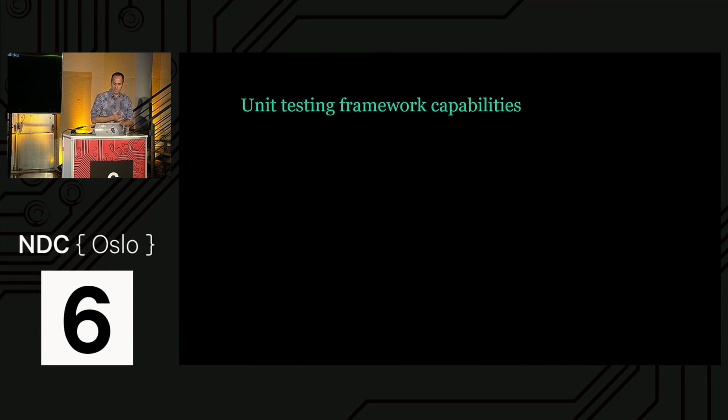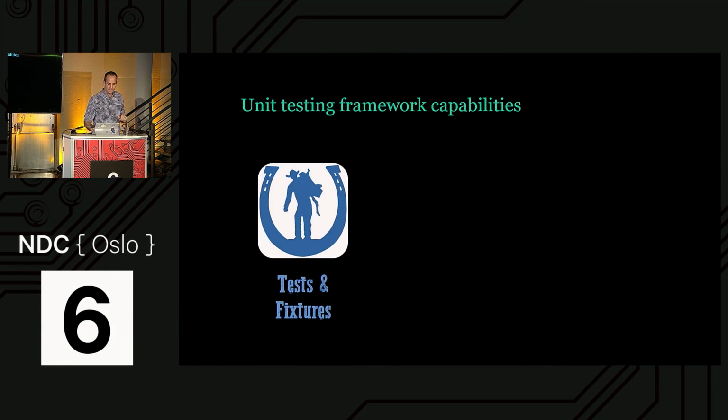So what do I need for my unit test? Three things. First of which, a unit testing framework will give me the ability to write tests and organize them in some form or way. In the past it was known as fixtures. There's a lot of changes in C++ these days, so fixture is not a good name, but I don't have anything better. But the idea is to organize all the tests in some form of logical unit.